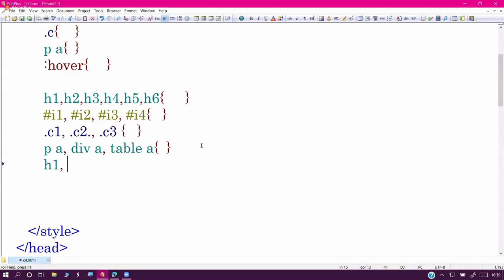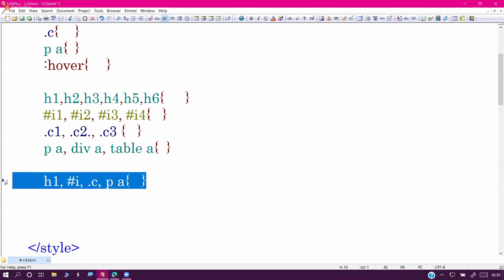This is H1, this is I, and this is C, this is shield, and brackets. This is matter, but it's a group only. But who are the group members? Different things. This is called a heterogeneous series. That is also valid only. Valid, eh? I want to define the common styles for one tag, one ID selector, one class selector, and